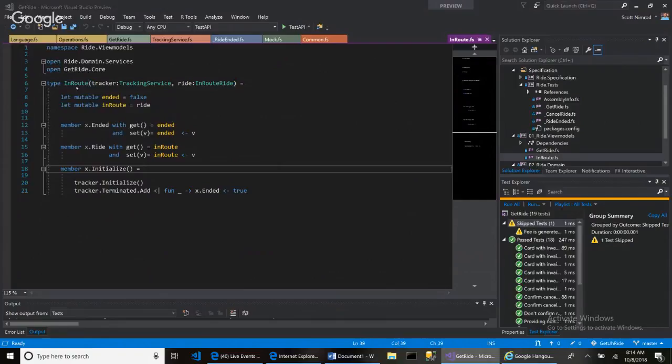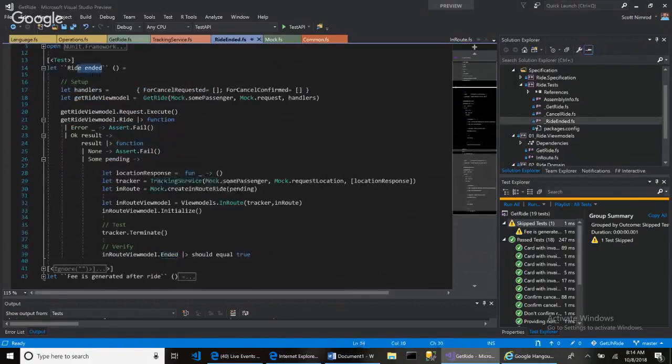And so when I look at this ride ended test, the test is basically verifying that when a ride ended, the end route view model dot ended should equal true. I still don't like this tracker dot terminate right here. I mean, that terminate is okay, but I don't want that to be in my test. There should be a message coming in from the outside world